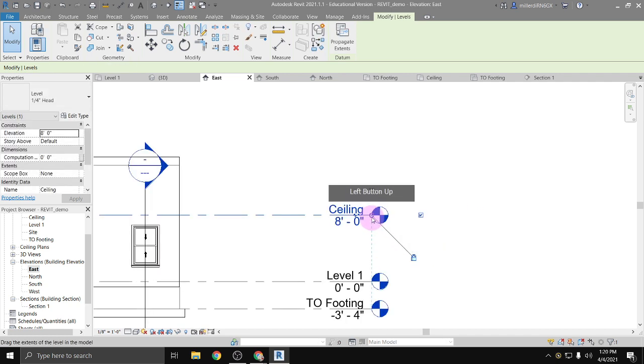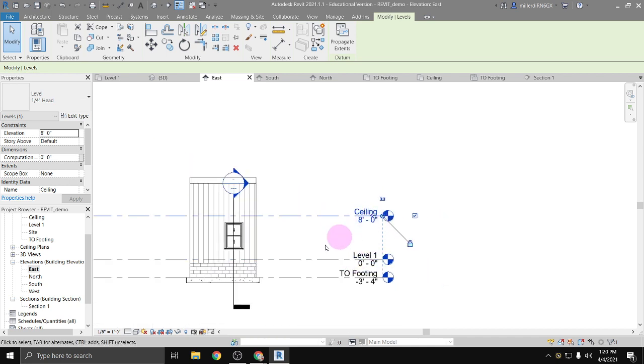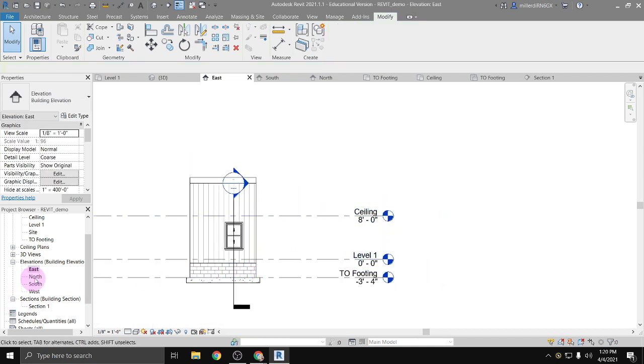If you grab it by that little circle there rather than grabbing it by here, but